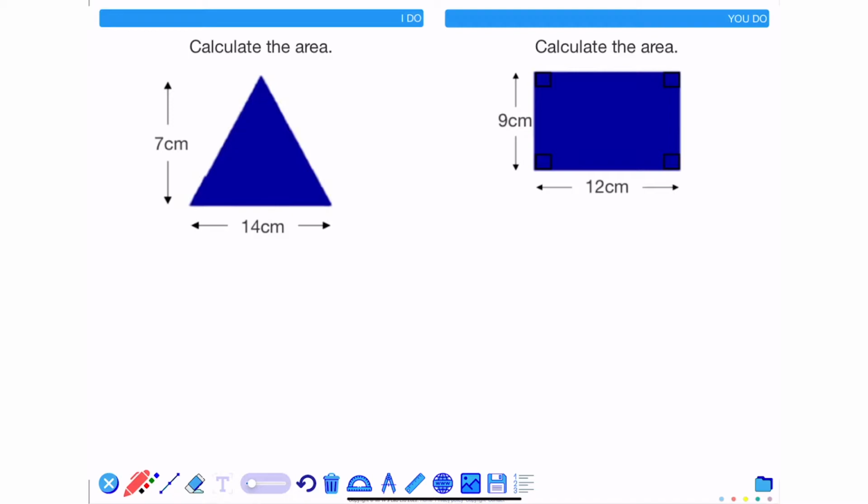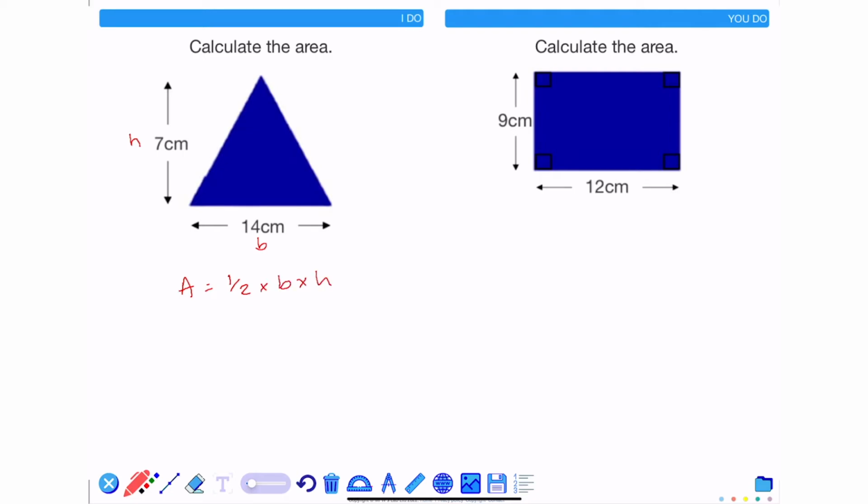In this video, we're going to take a look at how we can calculate the area of triangles and rectangles. In our first video that I'll link here, we looked at some of the basic ways that we can calculate area. With the example on the left-hand side, I've got a triangle with a base of 14 and a perpendicular height of 7. The formula for calculating the area of a triangle is a half of the base times by the